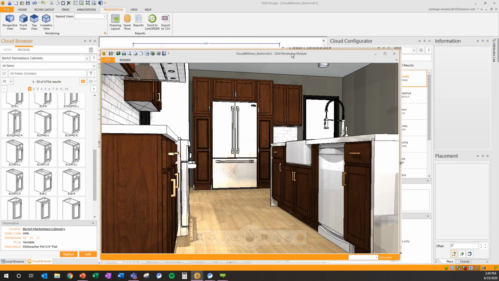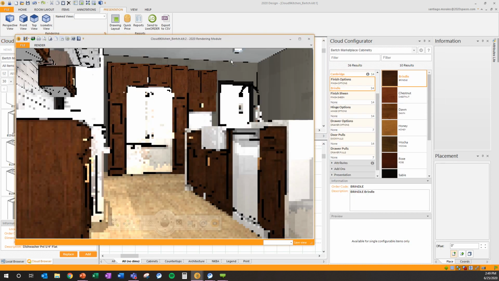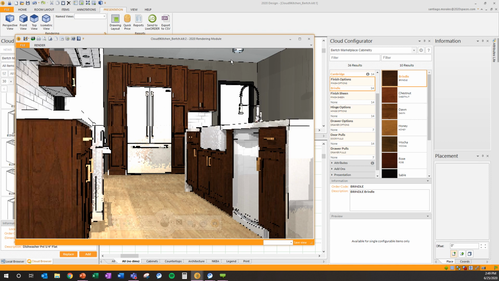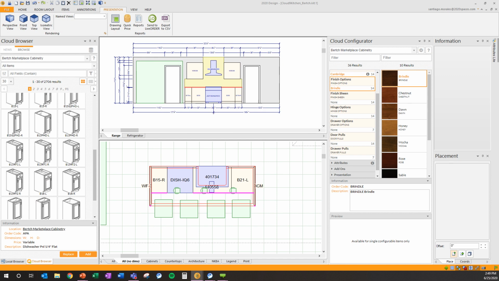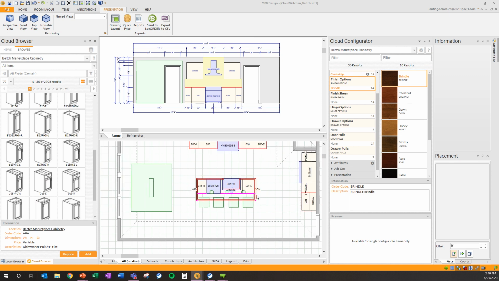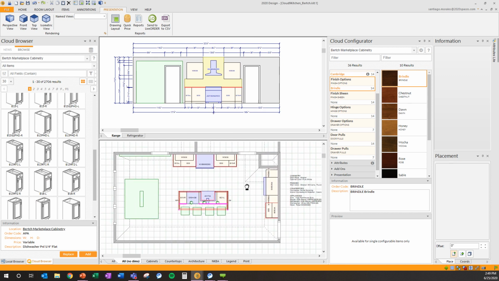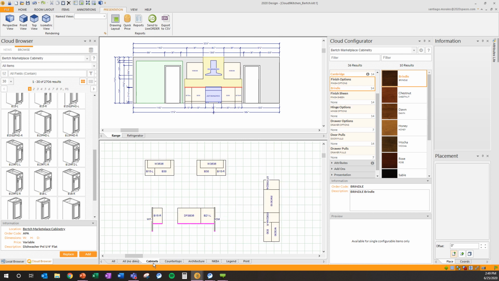And just for the sake of demonstration of what Mark was saying, if I want to configure maybe only a subset of the items of this kitchen, what I'll do is put this rendering on the side here, and I go onto my floor plan, which is the exact same floor plan that Mark was showing earlier, and I'll go on to the cabinet. So frequently what you are asked to do is to have perhaps the island with a different finish option or finish color. So I'll do just that. So how do I select my cabinets? I simply rubber band these cabinets, and I select them onto my